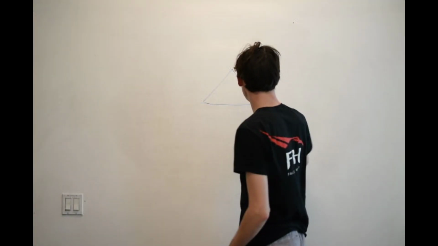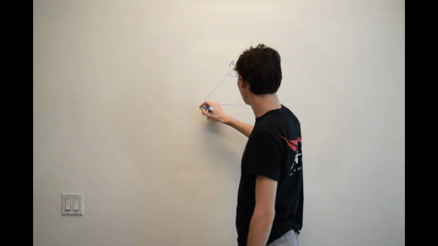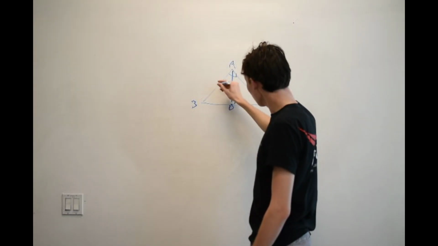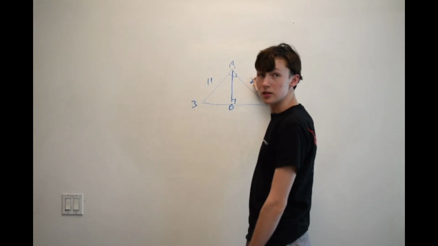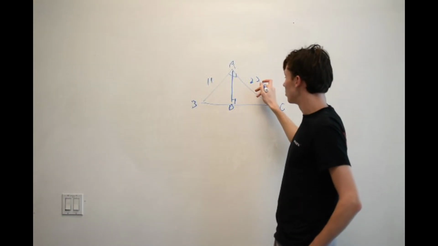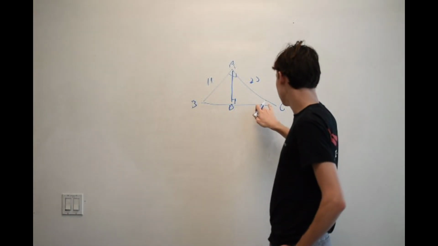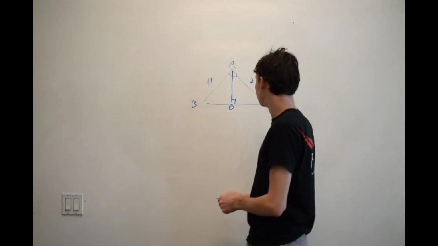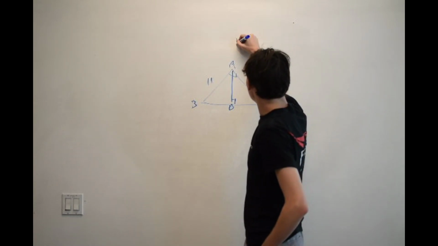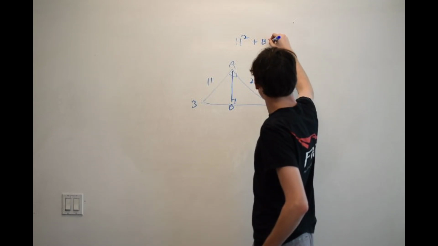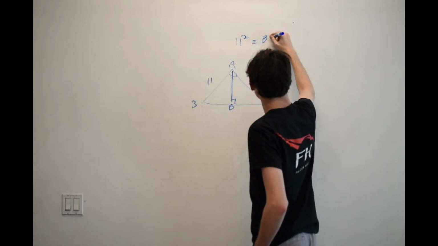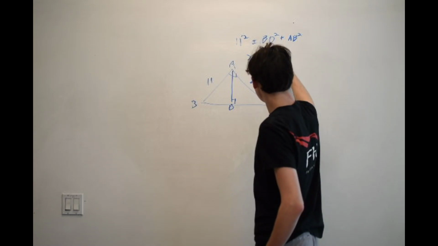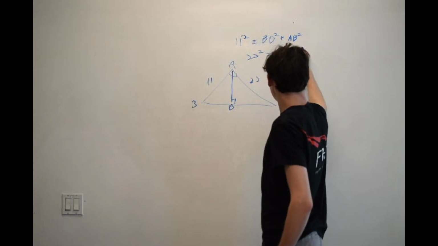Triangle ABC with its right angle at angle A, and your altitude AD, with AB equal to 11 and AC equal to 22. You're asked to solve for the ratio of BD to CD, and the way you solve this is you know that 11 squared plus 11 squared is equal to BD squared plus AB squared, and you know that 22 squared is equal to BD squared plus